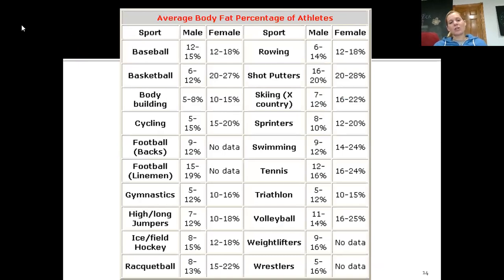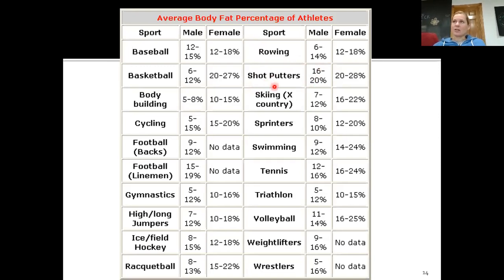So just thought this was interesting, just kind of comparing and contrasting. If I am an athlete, or if I'm working with an athlete, well, what's average for those particular types of athletes? We can't just say, you know, all athletes fit into this category. Looking at certain athletes that are going to require more locomotion, so again, movement, where being small is an advantage for them because it's more efficient, they are going to have a lower body fat percentage